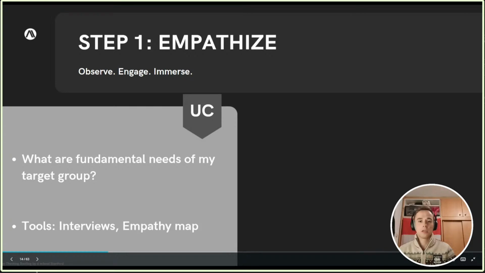It's just to give you a good understanding what the 5 steps in the design thinking process are, and then later on we'll see how this looks in an actual use case. So in the first empathize step, as I previously mentioned, we want to identify the fundamentals of a